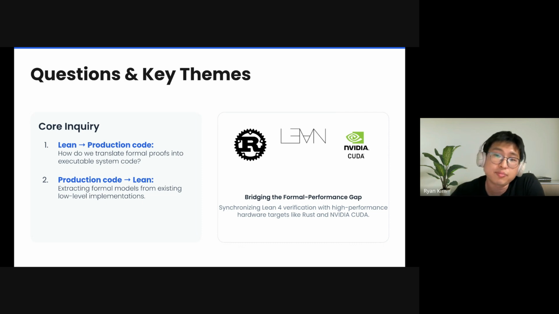These are different problems. They have different tools, different communities, but this is the thesis of today's talk. We believe they meet in the same place. There's a layer that both directions need, a layer that sits between the Lean spec on top and the GPU code at the bottom. A layer that doesn't change when the GPU vendor changes and doesn't change when the algorithm gets a new optimization.